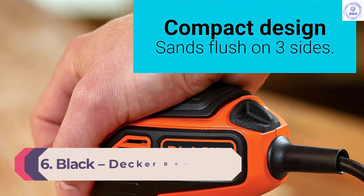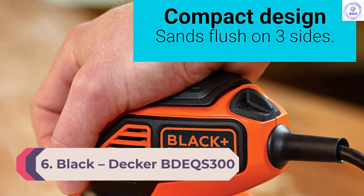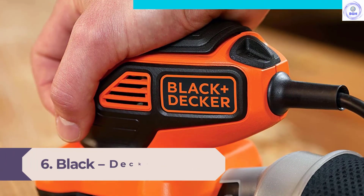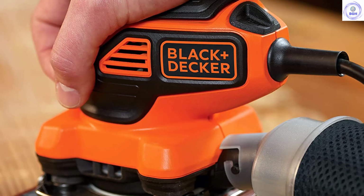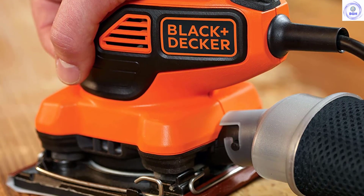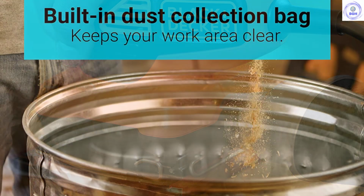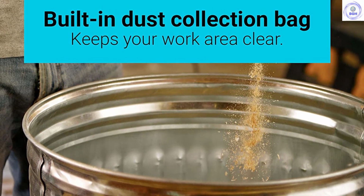Number 6. Black & Decker Dex 300 with dust filtration. The Black & Decker Dex 300 is another great product from the company and is the first sander that works strictly by orbit on our list. All the features on this device have been tailored to make the sanding process as efficient, quick, and user-friendly as